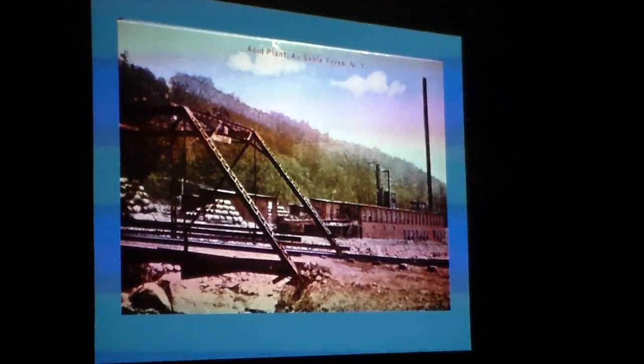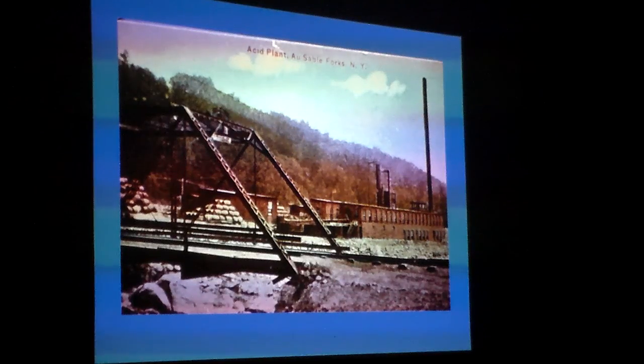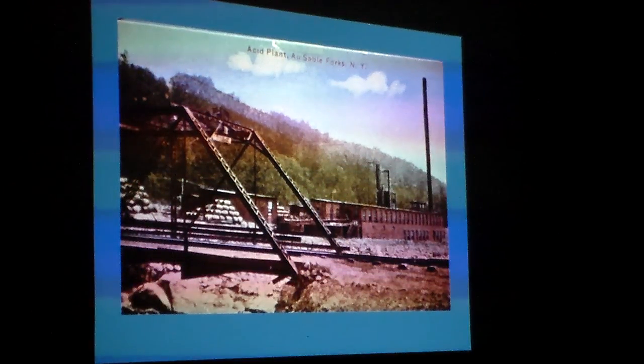This bridge is actually still here. This is the old acid plant that was part of the J&J Rogers Company. If you go up on that road past the elementary school in Ausable Forks and keep going as if you're going into the Acres the back way, this bridge is still there. It was built not for highway traffic, but to carry a little narrow gauge railroad